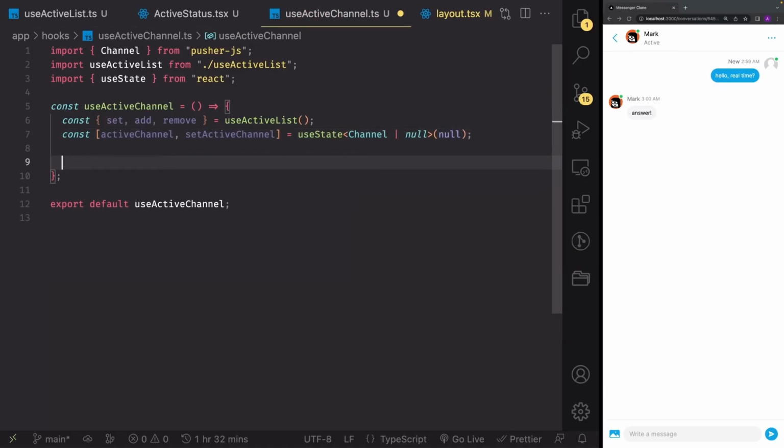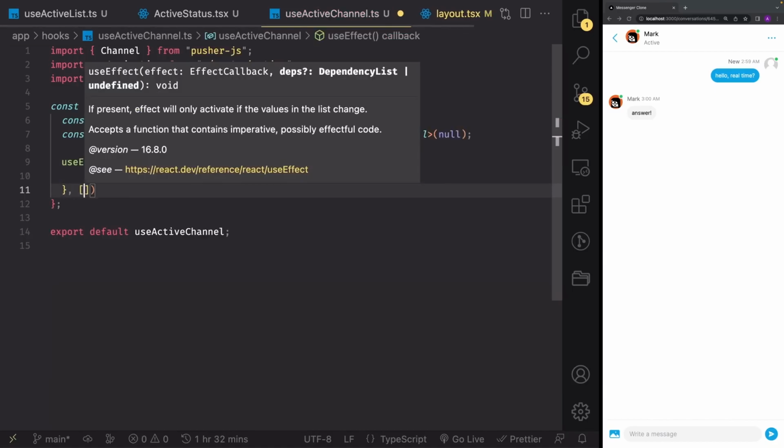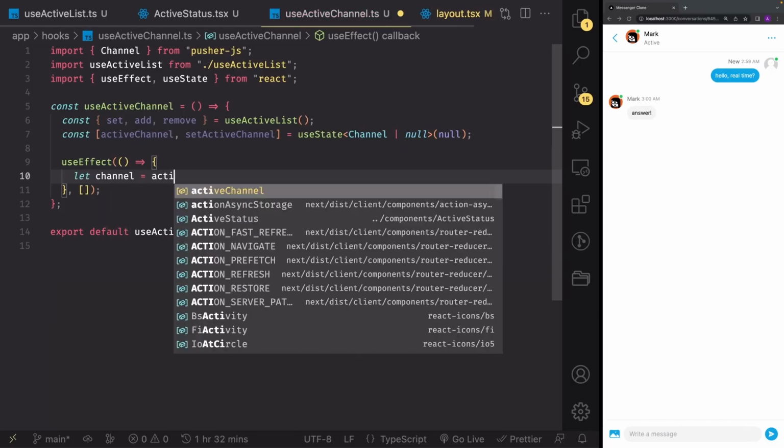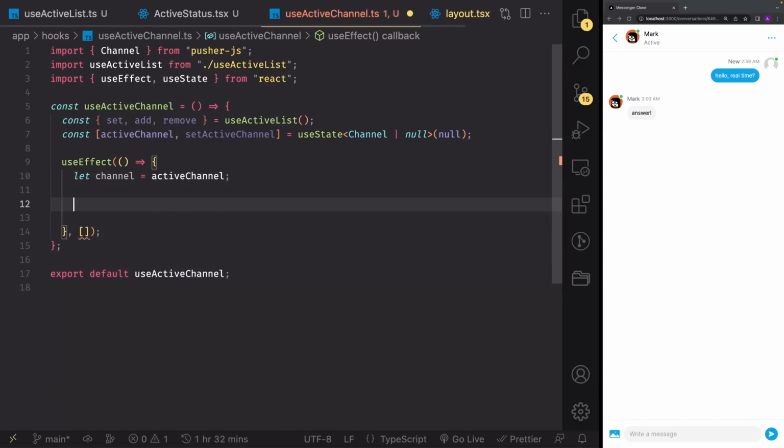Great. And now we're going to create a use effect function, which is going to listen to all the people joining this presence channel or leaving the presence channel. And we're going to move them to the global active list. Great. So use effect from React like this. And let's first get the active channel. So let channel is equal active channel like this. Now we're going to check if the channel does not exist. So if there is no channel,